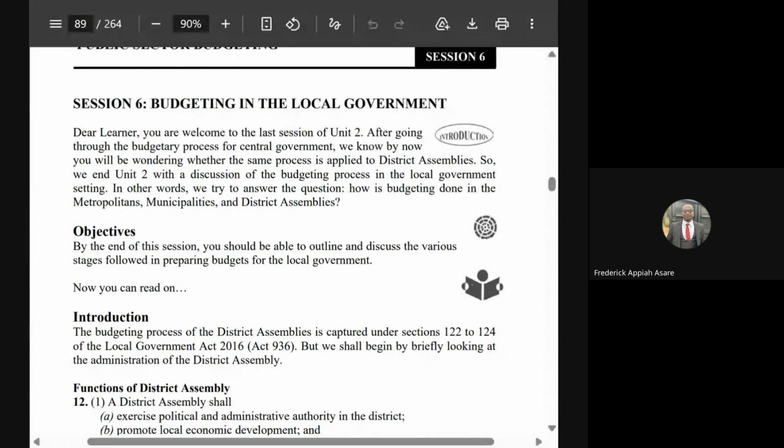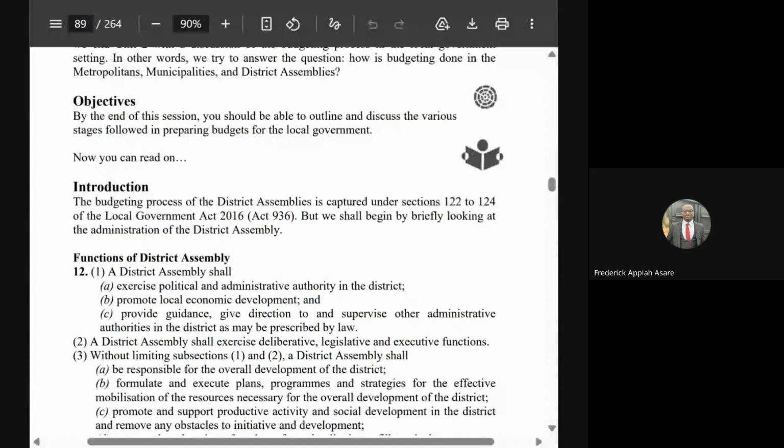However, the MMDAs can also involve themselves in other businesses to generate funds for the MMDAs. This section will explain to us how they are supposed to compute or prepare the budget if these subventions from the government come, or if they are generating money from their internal processes. So the budgeting process of the district assemblies, which falls under the local government, is captured under the section